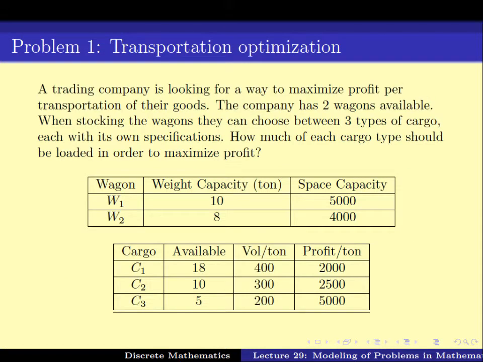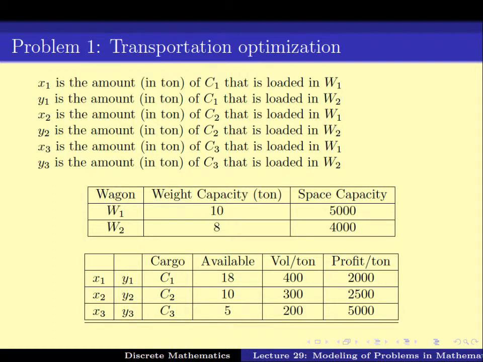So let's start with the first problem. You remember? Just for the sake of simplicity, I have reduced the number of wagons to 2 and the number of cargoes to 3. Now how do you solve it? Say we have these 3 cargoes and 2 wagons. Let's say that x1 is the amount of cargo 1 in wagon 1, y1 is the amount of cargo 1 in wagon 2. Similarly, x2 is the amount of cargo 2 in wagon 1, and y2 is the amount of cargo 2 in wagon 2,